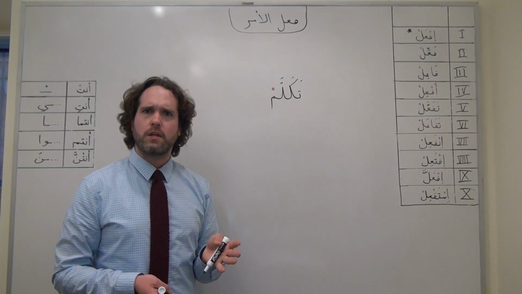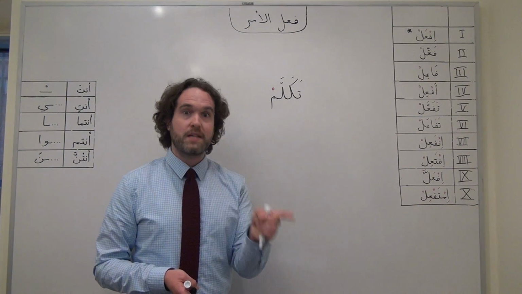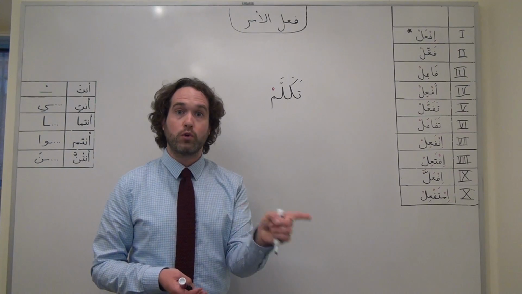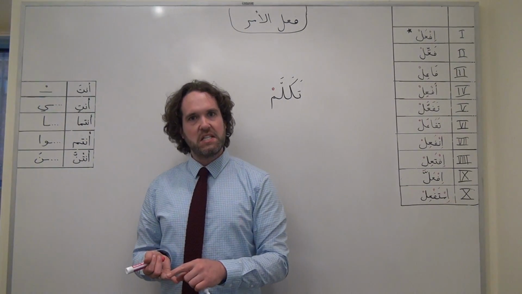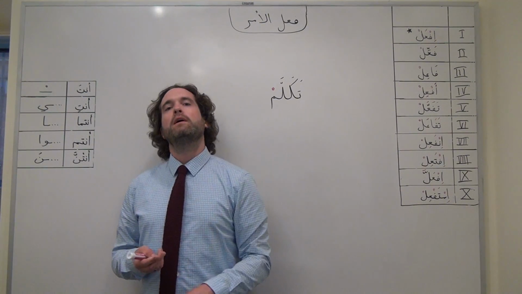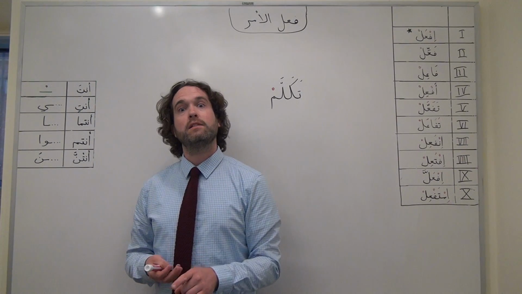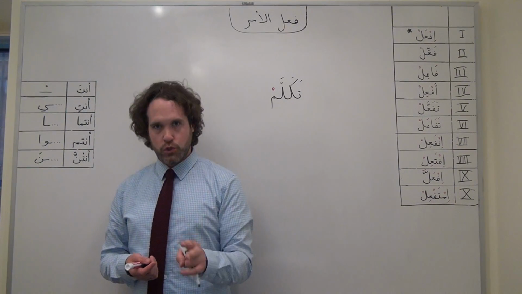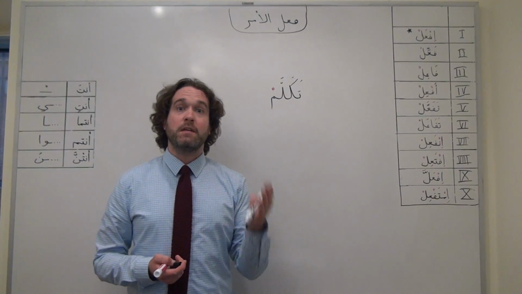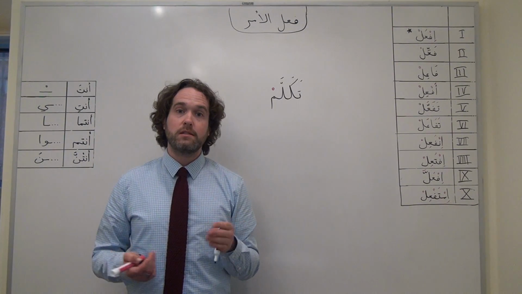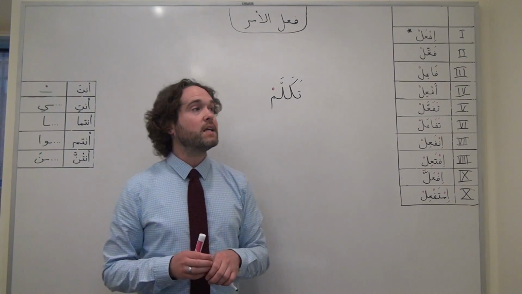There are only 5 different subjects that we would need to worry about in Arabic if we're addressing someone or a group of someones in the second person. We would have enta and enti, masculine and feminine singular, entum and entunna, masculine and feminine plural, and entuma, the dual. You might not see the dual so much in speech, or hear it rather, but you would read it in certain contexts. For example, a novel, you might read an imperative given that way.